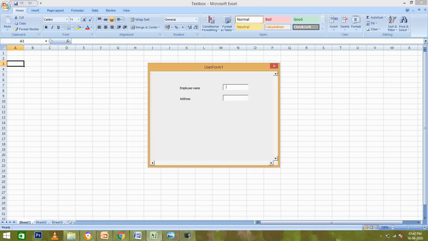I will tell you how to set the tab order also in this video. So the text box 1 control is set as the first tab order, and the second tab order is address. So you can see over here, like employee name, when I press tab, it moved to the address.